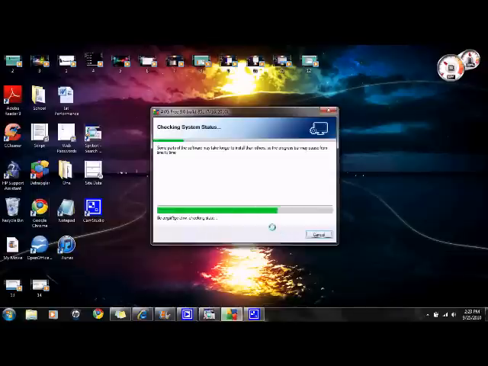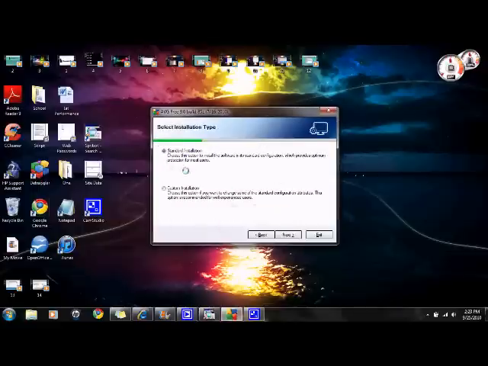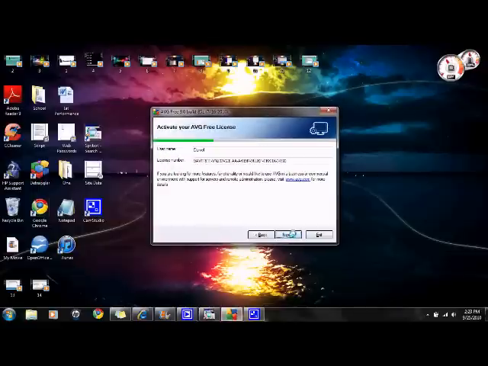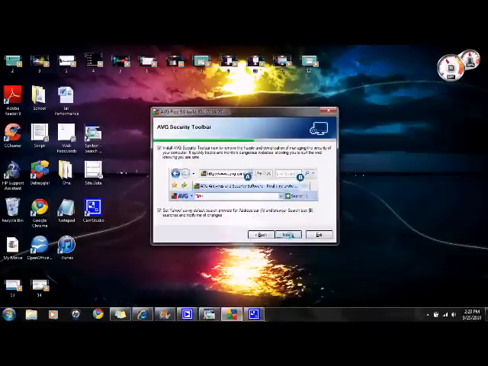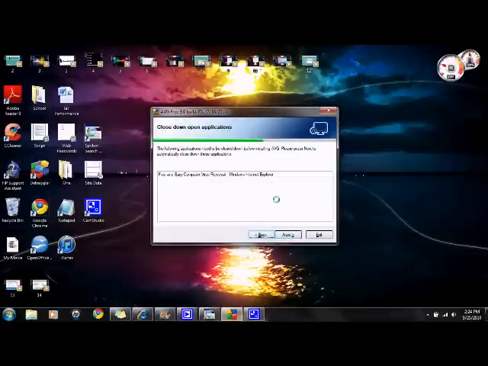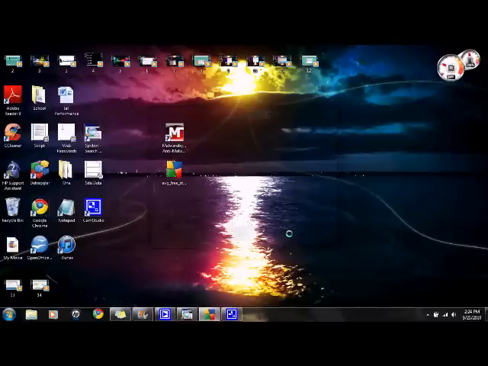Just going to check your system status. Doesn't take long at all. Just going to do a standard installation. It registers it to your name. And this part's a little tricky. You have to uncheck Set Yahoo and then uncheck Install AVG Security Toolbar. If you do it backwards, Yahoo will remain checked. So make sure you uncheck Set Yahoo and then uncheck Install AVG Security, unless you want the toolbars on your internet. Go ahead and push next, next,